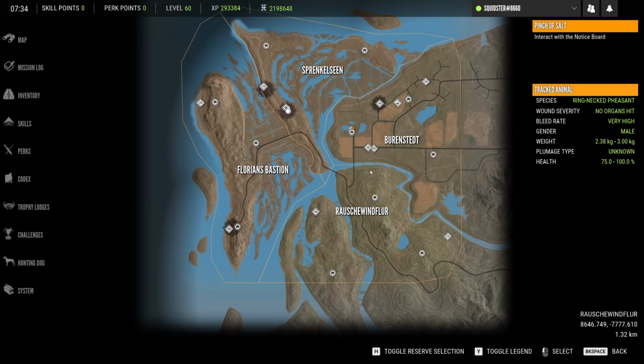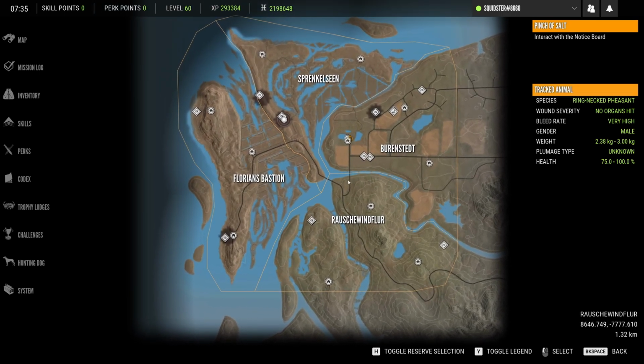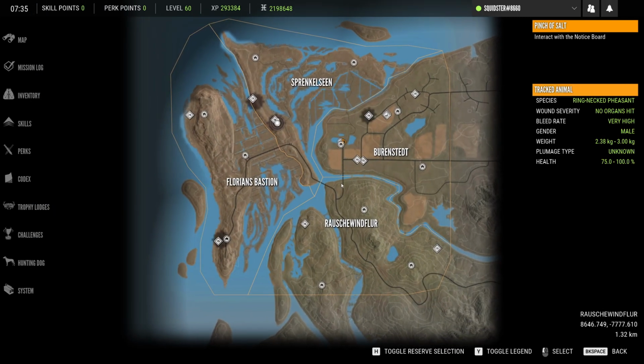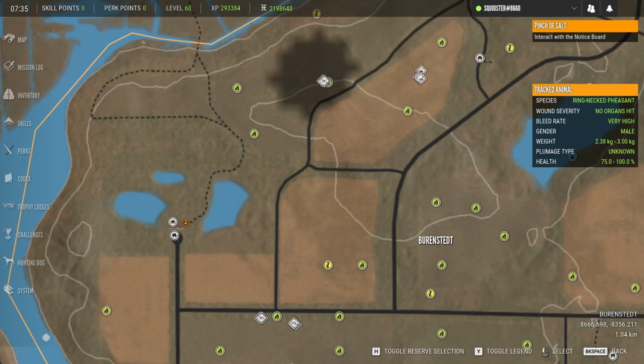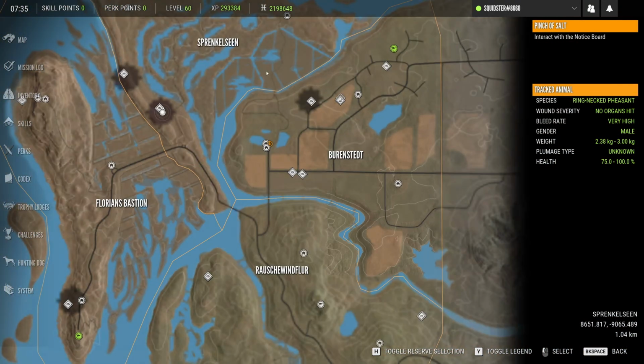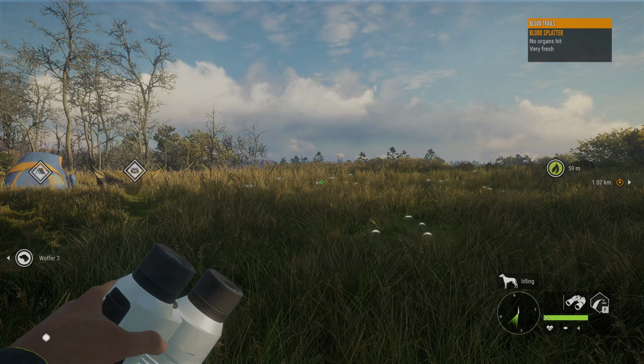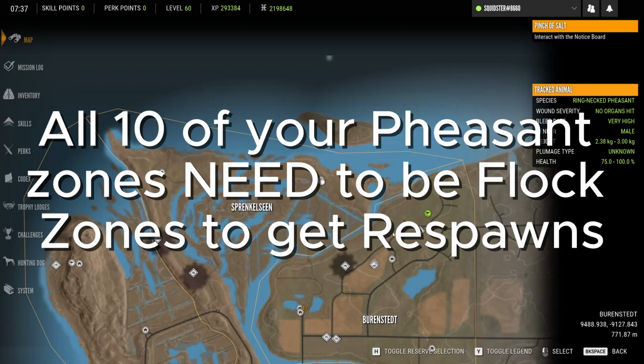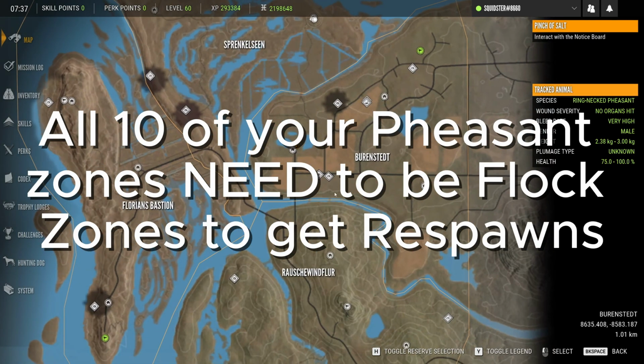If you guys have ever done a grind like the moose grind or literally any other grind, that type of zone is a zone with males and females in it. The same thing goes for pheasants with solos. If you shoot a solo pheasant, that zone will vanish, and there's literally no point in setting up with zones that have females only, because obviously you can't spawn a female Great One pheasant. So all 10 of those zones that you guys are going to need to find do need to be flock